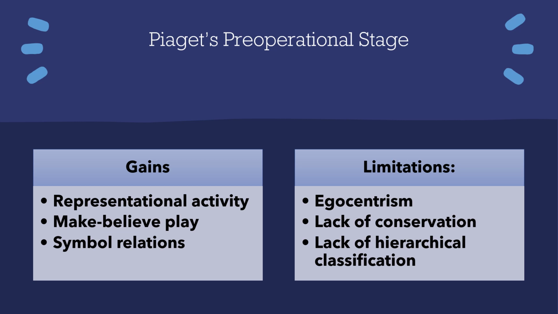Children at this age often will think that this glass has more than this one, because if you pour it in this one, the line will be lower. So instead of making the logical conclusion, like, oh, they just poured the water from here to here, obviously it's the same amount of water, they're basing it off of these very shallow appearance-based things. So that's one way to test conservation.